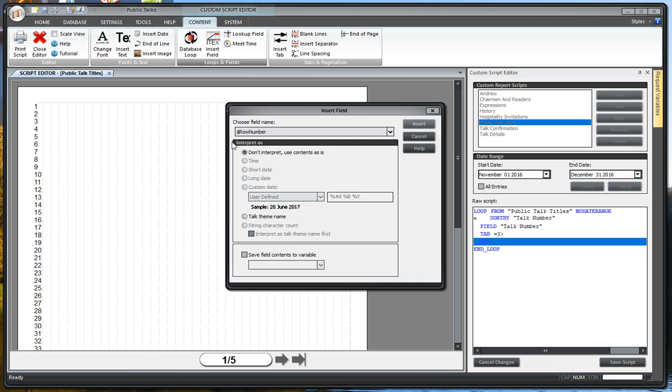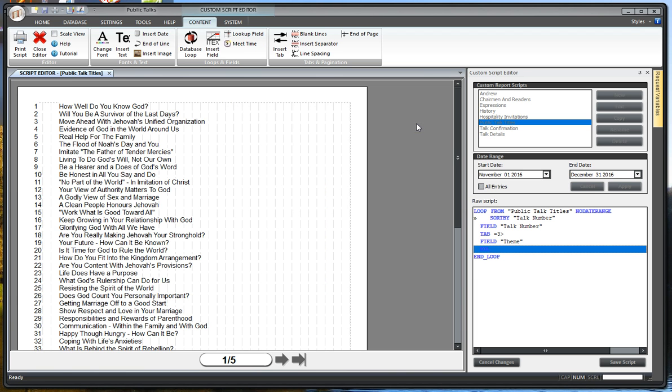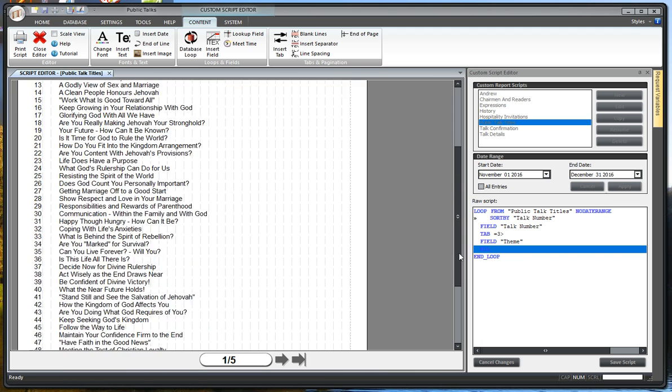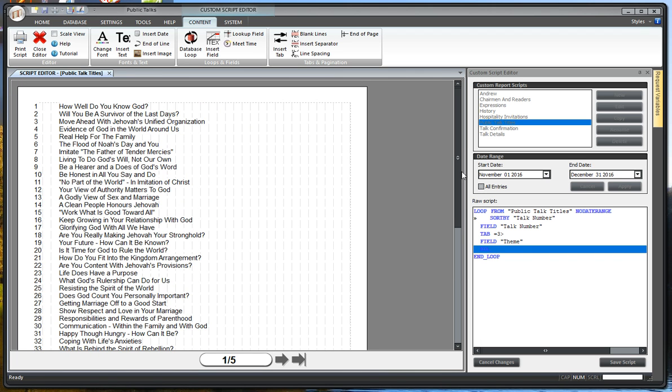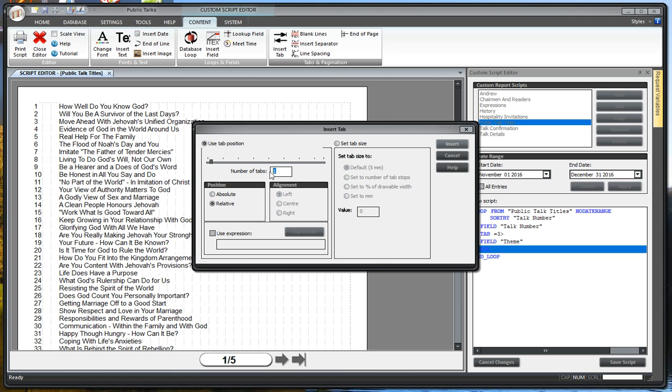So perhaps this time we could show the theme, and we click Insert, and then let's do another tab. If we just scroll down and have a look, perhaps say here, if we look at the bottom left, it's tab 25. So we insert a tab, I type 25, absolute,